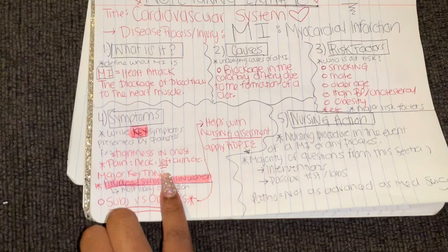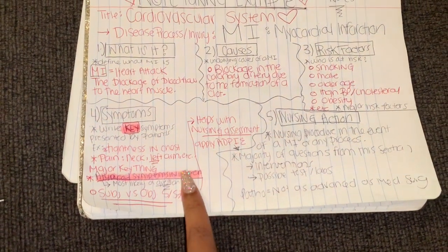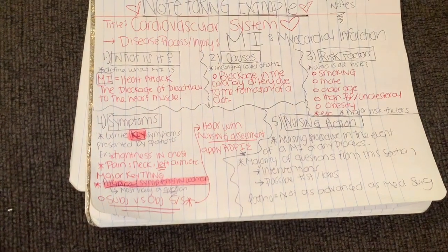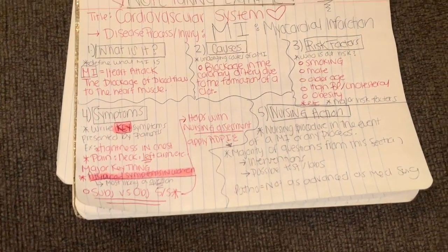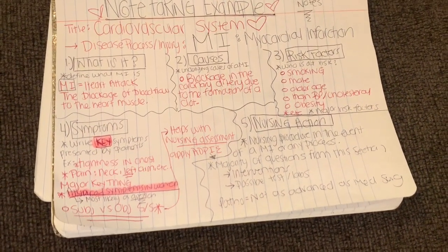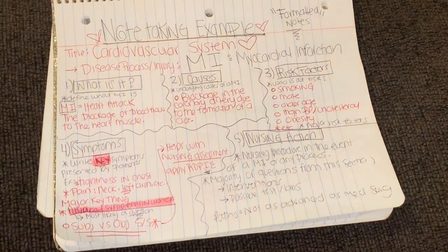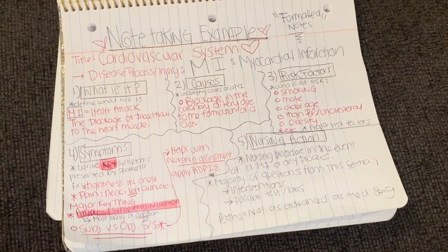Stuff that's specific, like left arm. You see how I put lines under it? I probably highlight that as well, because I guarantee you it will be a question pertaining to a patient coming in complaining of pain in the left arm, has some diaphoresis and etc. Automatically you're going to think he's probably having an MI, most likely. Major key things. So in each section there's always something that's major, something that is unique to this disease process,